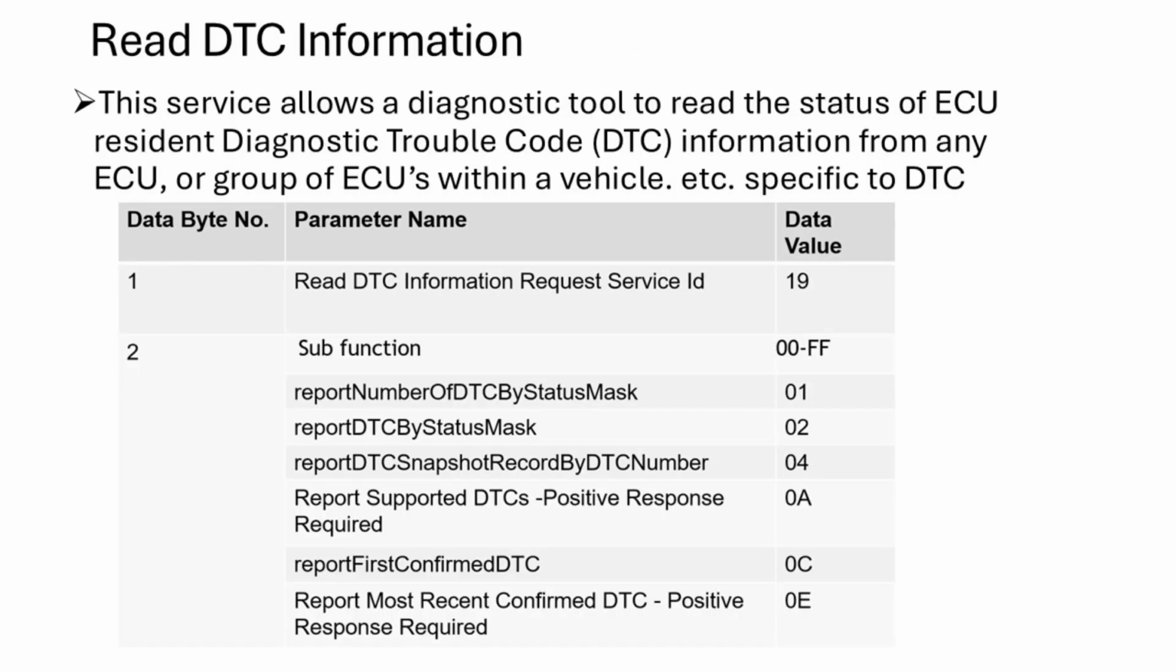So read DTC information. This is one important service in the diagnostic UDS. You can read the 19 service. Using 19 service, you can read the DTCs. This service allows a diagnostic tool to read the status of the ECU resident diagnostic trouble codes, DTC. Whichever DTC is present in the ECU, you can read using this service. So this is the structure where